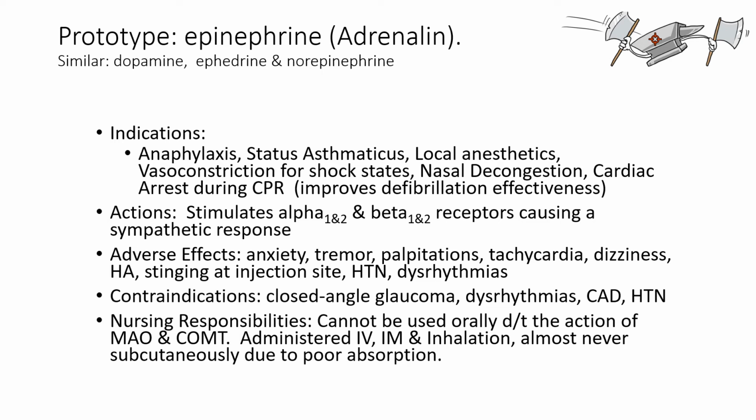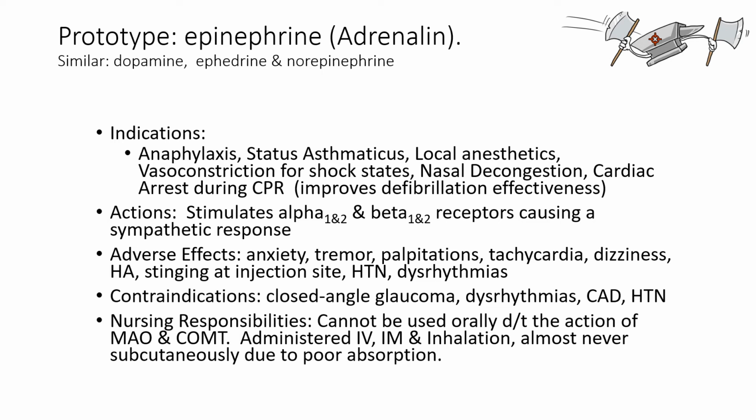Now we use them for slightly different things because they have slightly different receptor affinity, meaning they stimulate some receptors better than others. So we're going to take advantage of that and use the drug that stimulates the receptor that we want to stimulate. Now, epinephrine just so happens to stimulate all the receptors: alpha 1, alpha 2, beta 1, beta 2. So it's a good general sympathomimetic. And so we use it for anaphylaxis, for example,